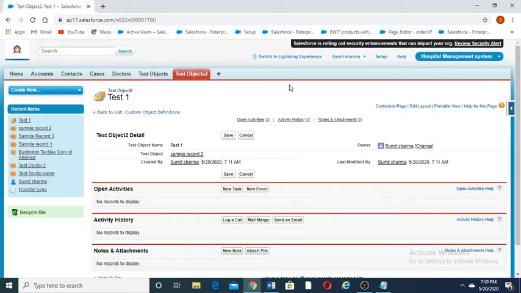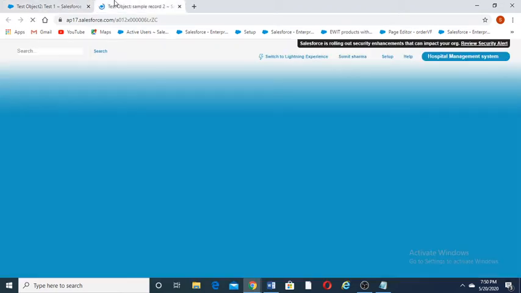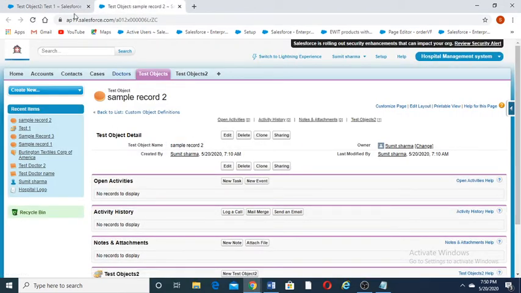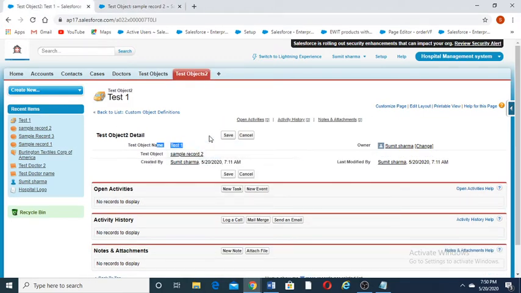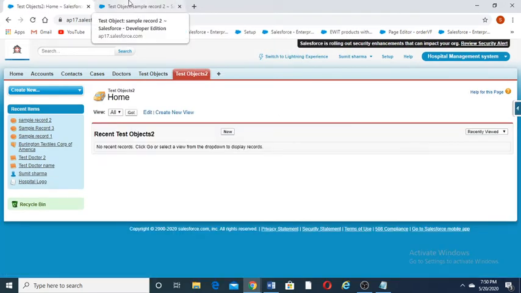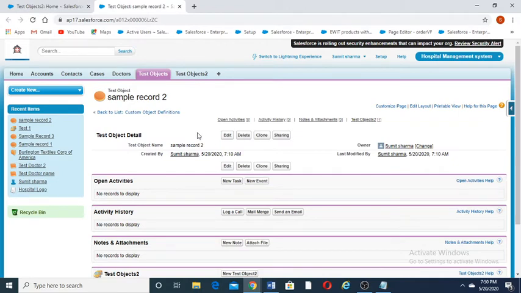Test 1 is the child record, and sample record 2 is the parent record. When you delete this child record, the parent record will not be deleted. In a lookup relationship, when you delete a child record, the parent record will not be deleted.